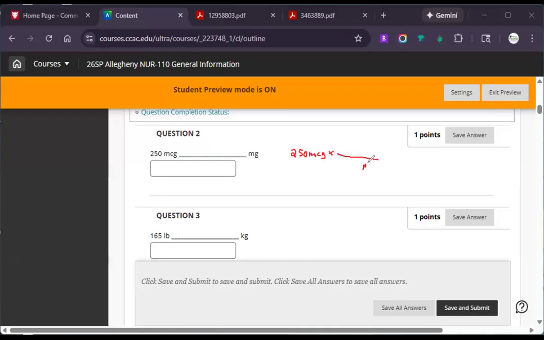So I want to get rid of micrograms, so that cancels out, and I want to convert it to milligrams. Now this one might be one that you don't know, but 1 milligram contains 1,000 micrograms. So it's actually the same number of moves to the left as the previous answer. And when I do that, I'm going to get